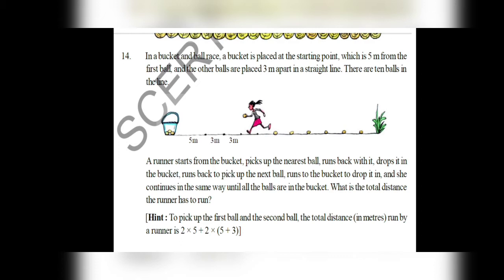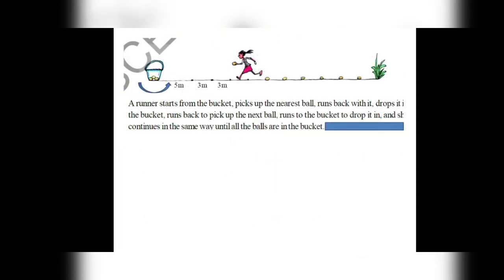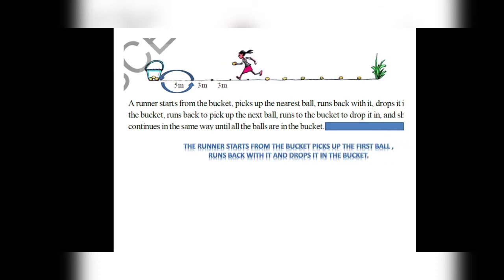Then again from there he has to start and pick up another ball and drop it back into the bucket. Now we have to find out the total distance that he has to cover to complete a total of 10 balls in the same way.